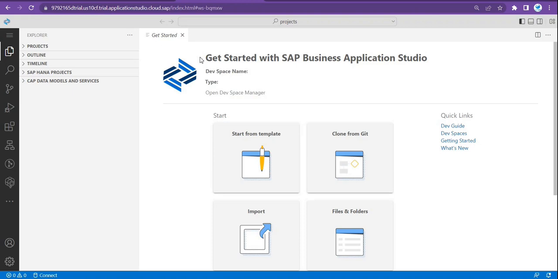So let's get started with how the applications are getting created within this BAS. To create any Fiori application within this BAS tool, we have an option in the home screen that is start from template, right? So we have an option start from template, but I guess